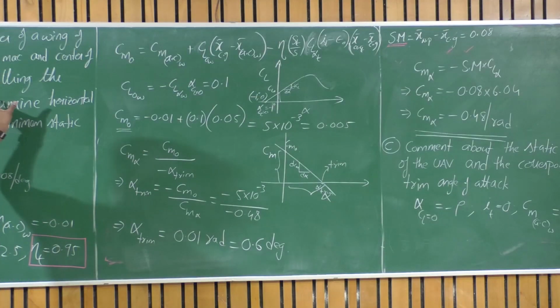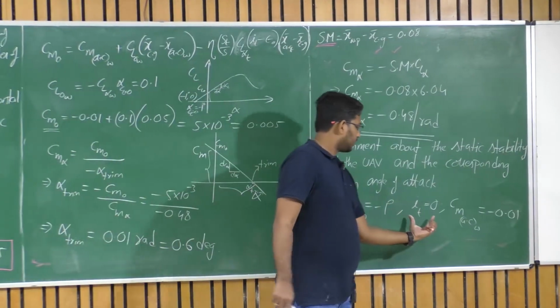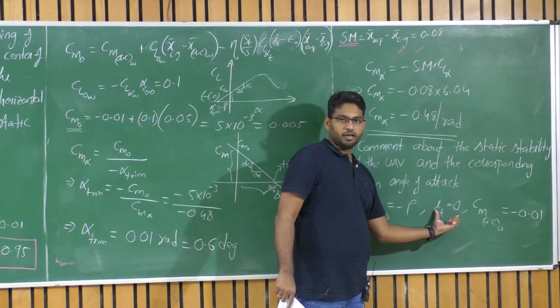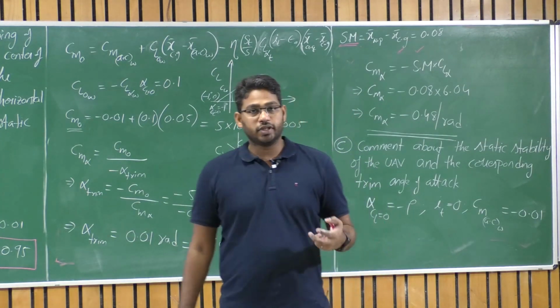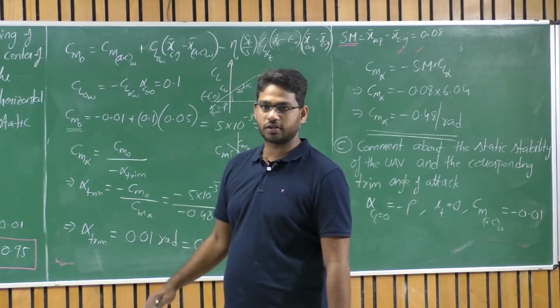So we have a horizontal tail, but we made the tail setting angle 0. What must be the reason? We haven't taken the contribution of the tail. We made i_t 0. So we haven't included the contribution of the tail. Though we have a tail, it is not contributing towards this trim.